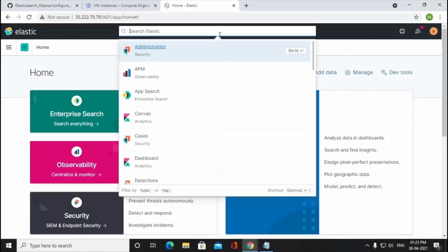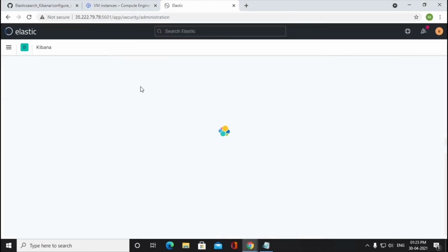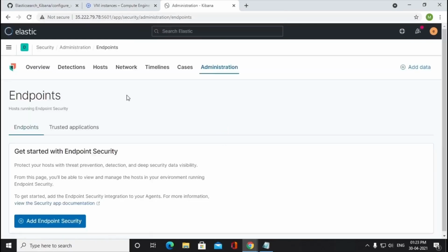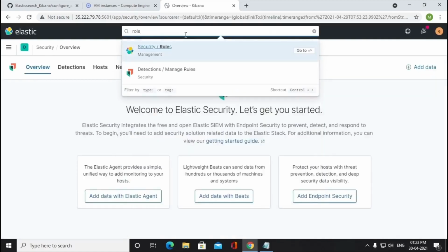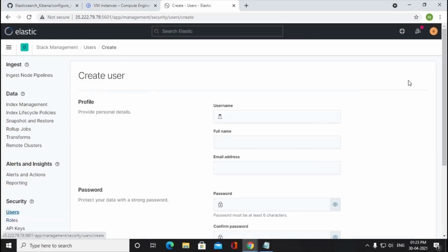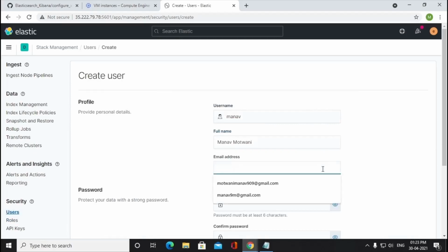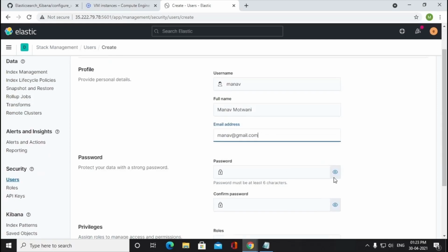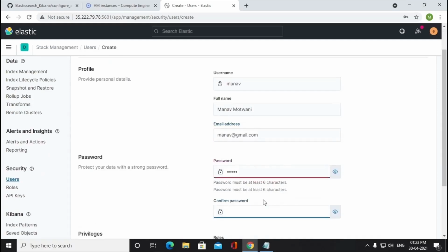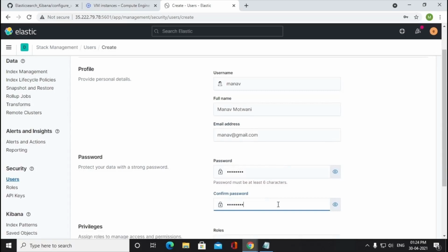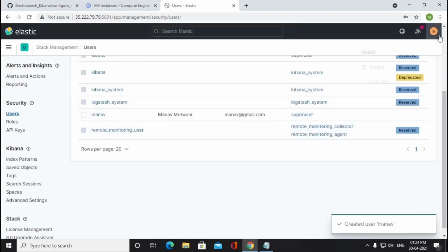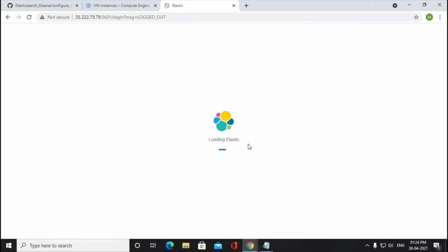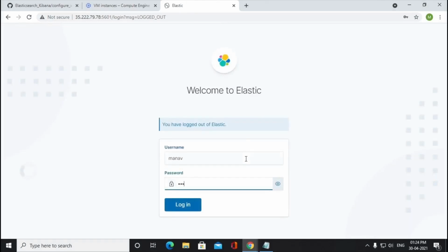Now we will create a new super user. After that, in a further project we will log in through that new user. Now we can create different users also for different roles, as we can create a viewer role only, in which anyone with viewer role cannot edit our main system files. So we will create a user role. This is a super user. Now we can log out from this user and we can check the login from the super user.